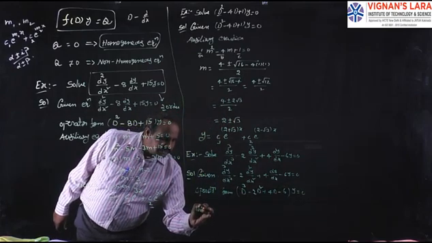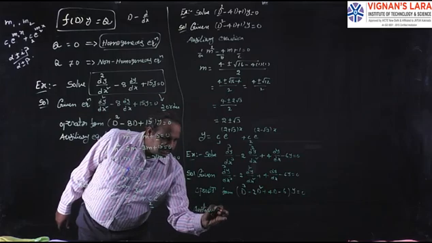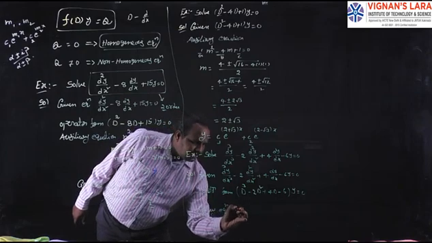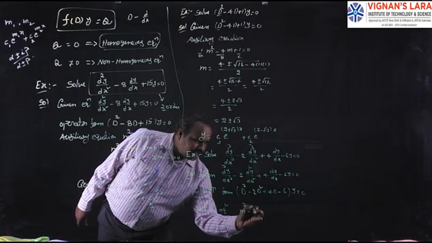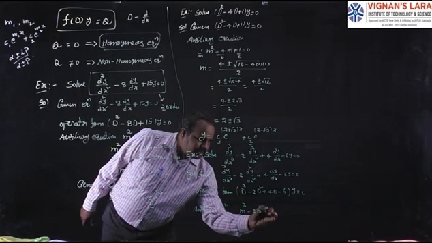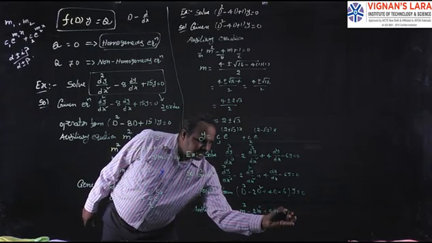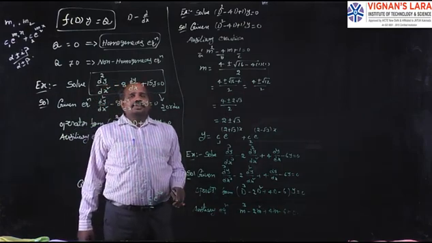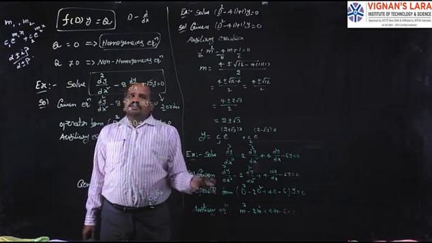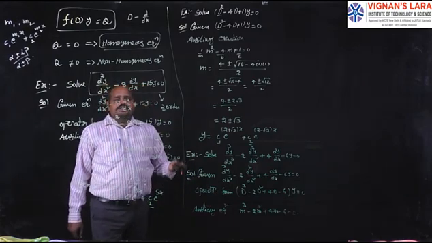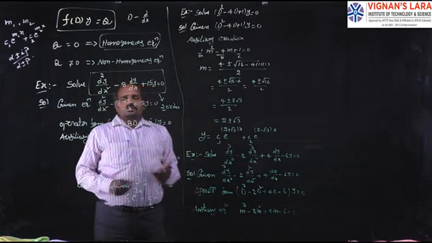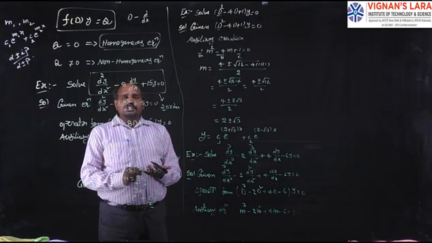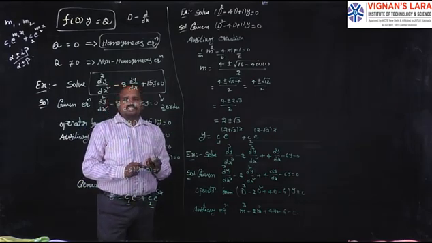Auxiliary equation. What is the auxiliary equation? Replacing D as m, this one is m cube minus 2m square plus 4m minus 6 is equal to 0. This is the auxiliary equation corresponding to the given equation. This is a third degree polynomial, so we cannot directly evaluate the roots of the equation. That's why we are using the synthetic division concept here.